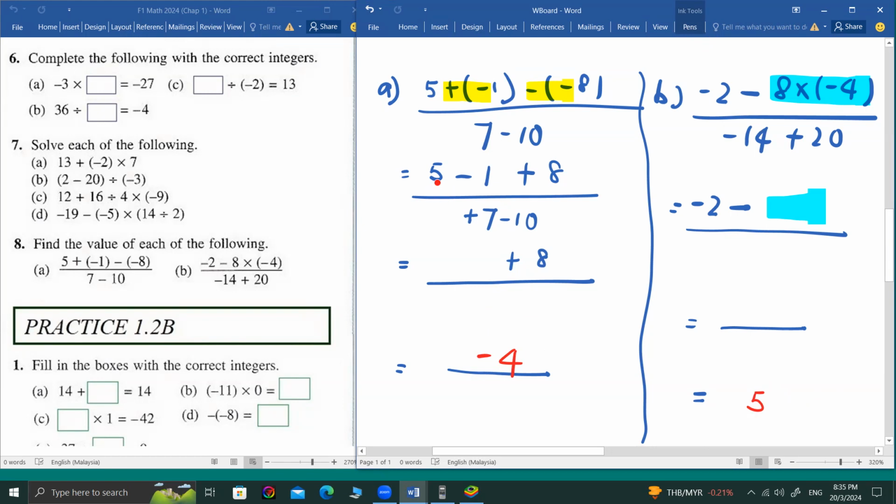Okay, let's see here. 5 minus 1? 4. 7 minus 10? -3. 7 minus 10? -3, right? Okay, now. So remember, I said different sign, you find the difference, right? You know the difference? Okay, 差数叫差数吗 Then we follow the sign here, right? Okay, next, we see, 4 plus 8, is it 12? 12 divide -3. Negative came out once. 12 divide 3, you got 4.